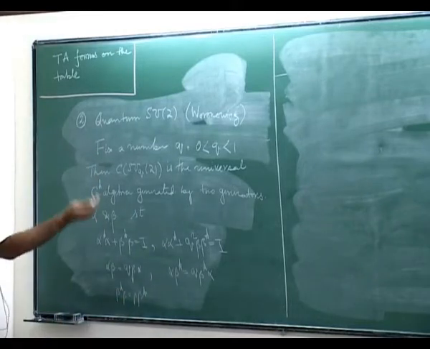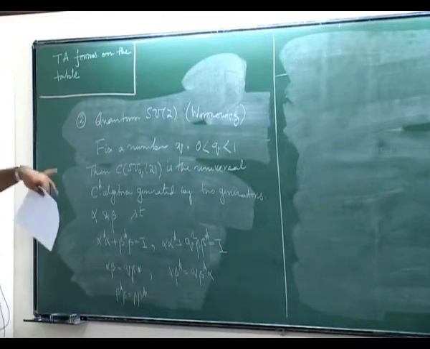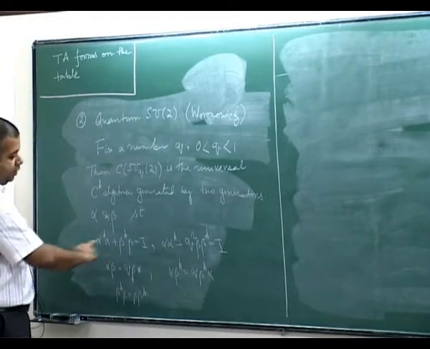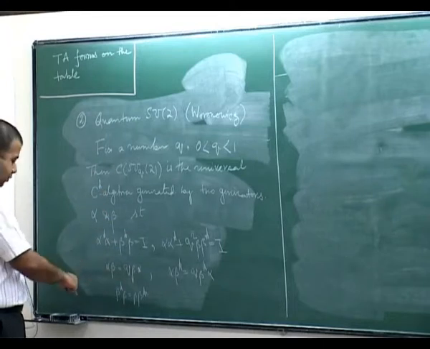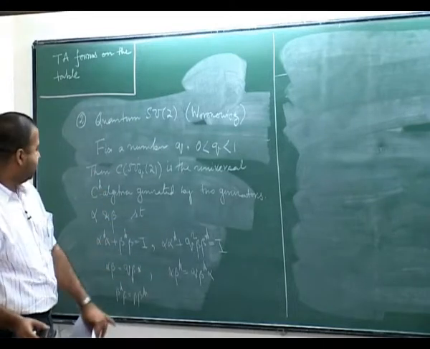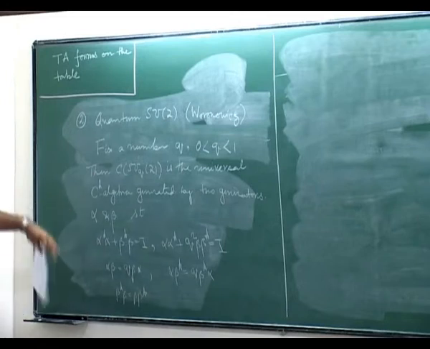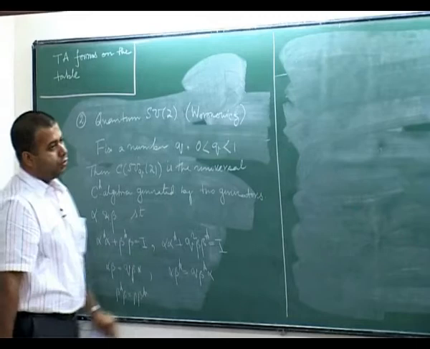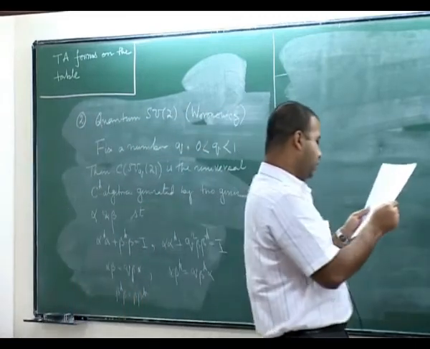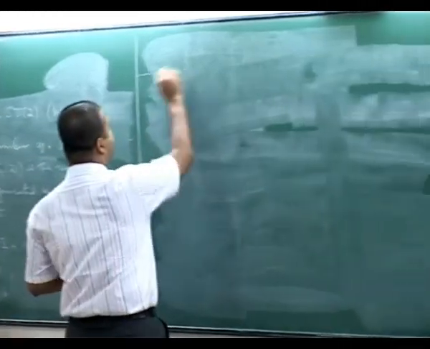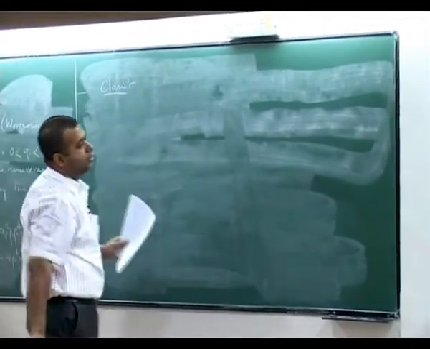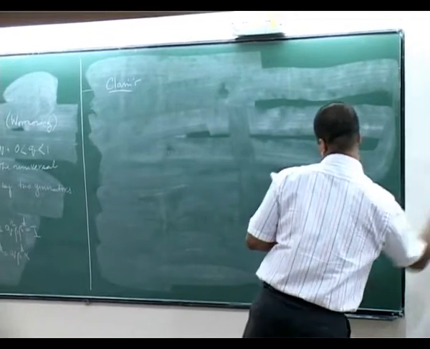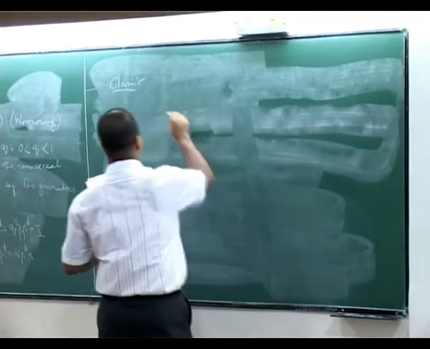So now, from the previous example, you know what this means. This is a C star algebra generated by two elements alpha and beta. In that C star algebra, these relations are satisfied, and whenever we have a second C star algebra satisfying those conditions, there is a surjective map from this one to that one. So the construction is also the same. You can define that family and prove that